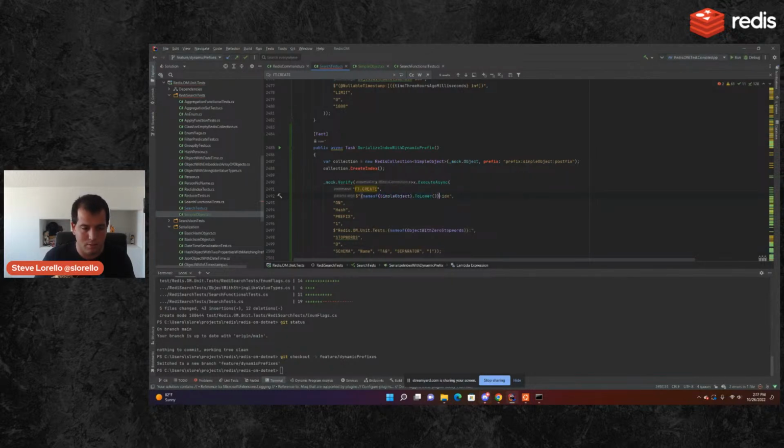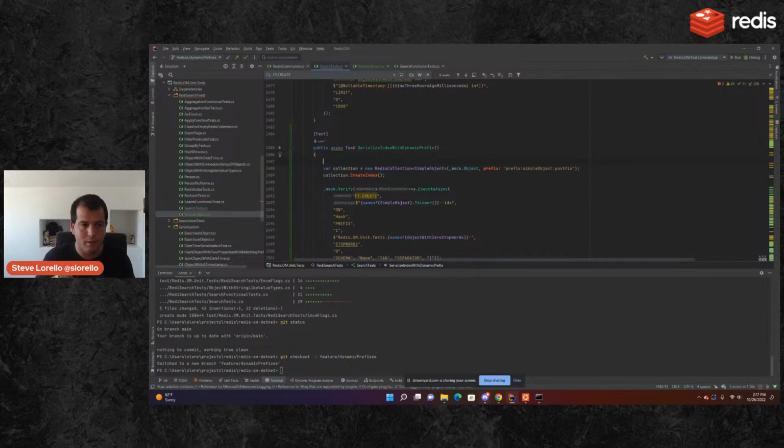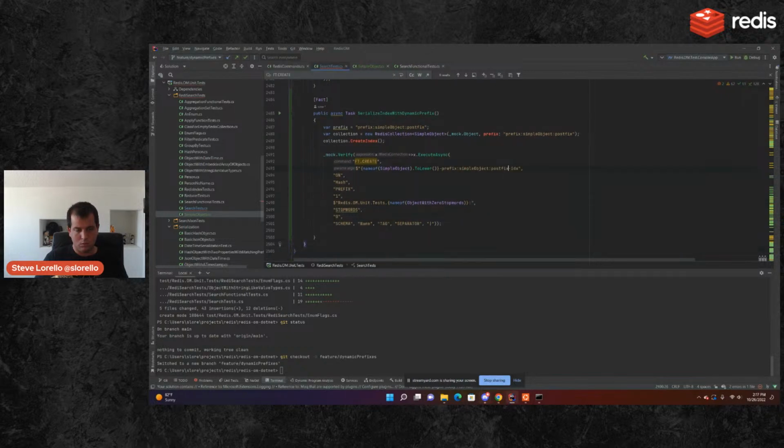Object prefix equals. So I want it to look like that. I want the prefix to be